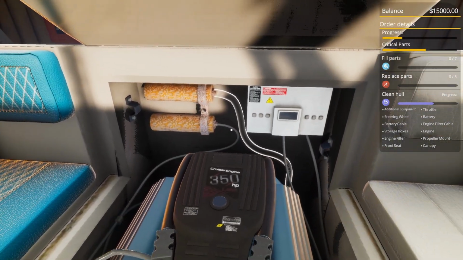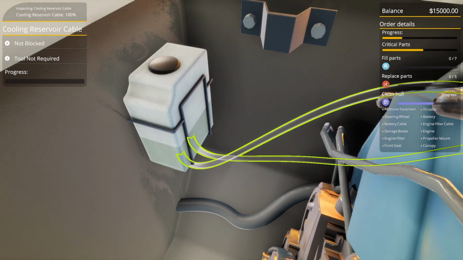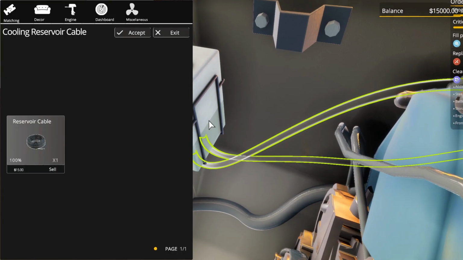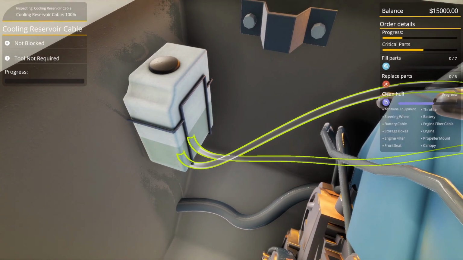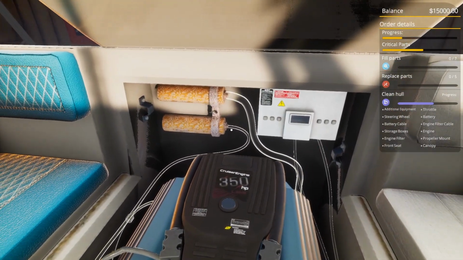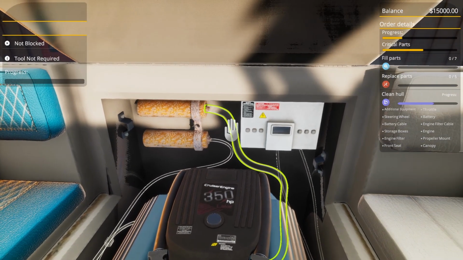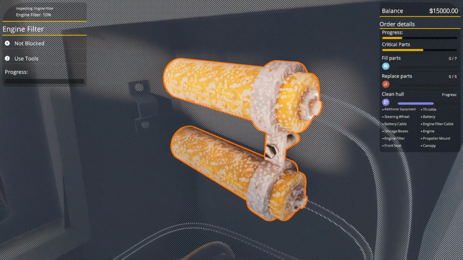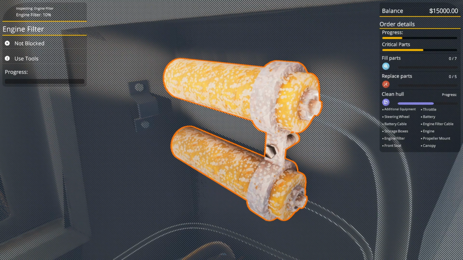So as you can see, we're going to have to remove this first. But in order to do that, I'm going to have to... I keep pressing escape as well, but you don't. You need to hit this wheel here and hit back, and not just press escape to go back. Escape just takes you to the menu, which is really annoying. Again, it just feels